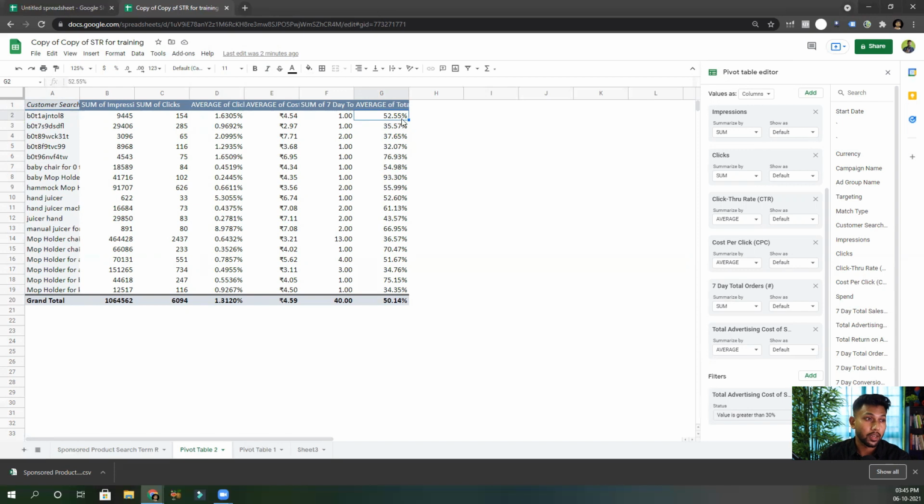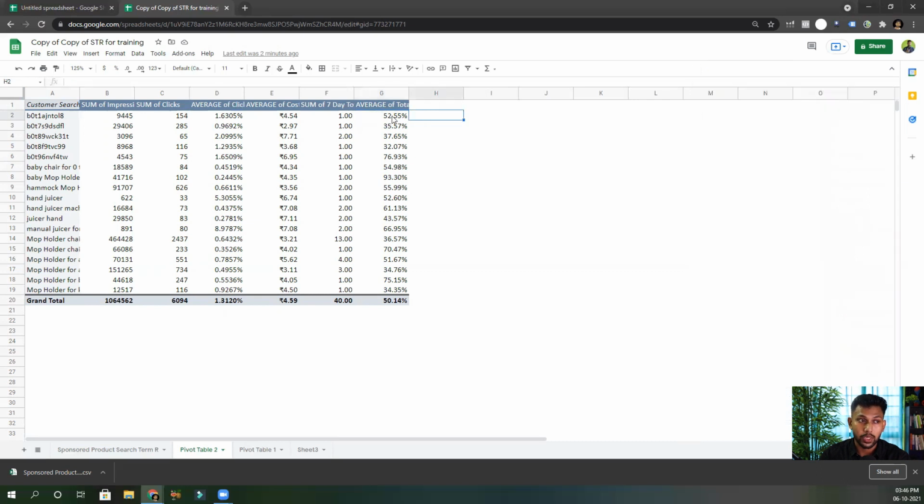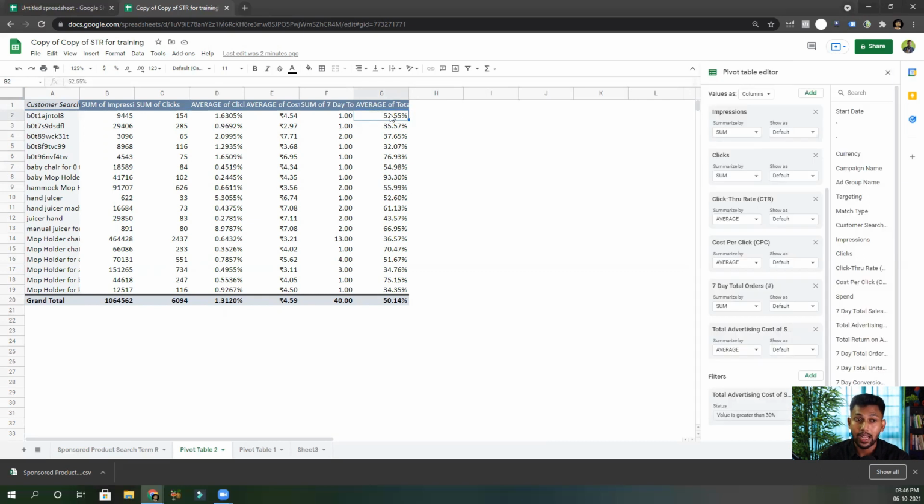Suppose this is 52% ACoS, it may happen that there are two campaigns, one generating 30% ACoS and one generating 22% ACoS. Now 22% ACoS may be in your range, so you may leave it as it is and pause the other one. But this is combined data, so you have to make sure you analyze after that.